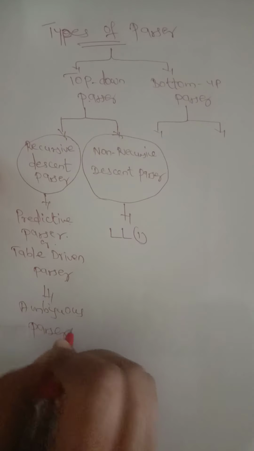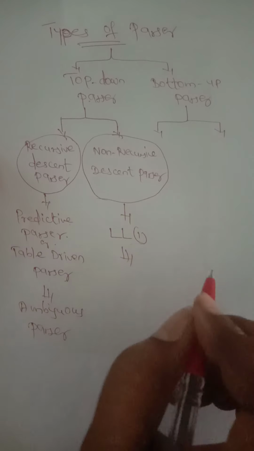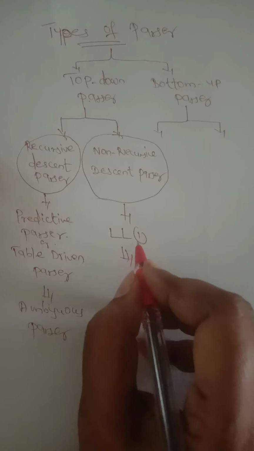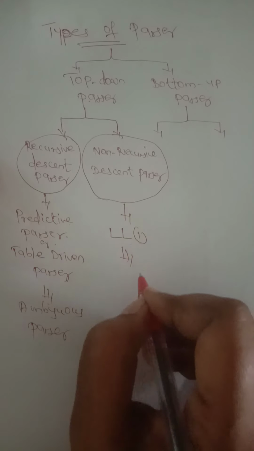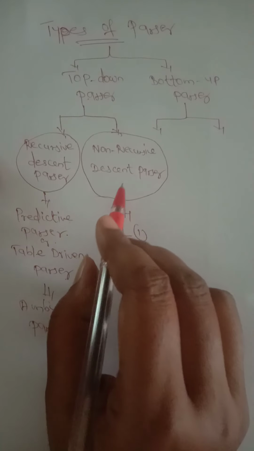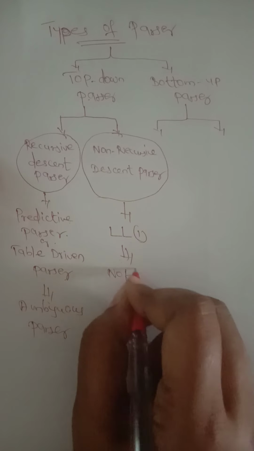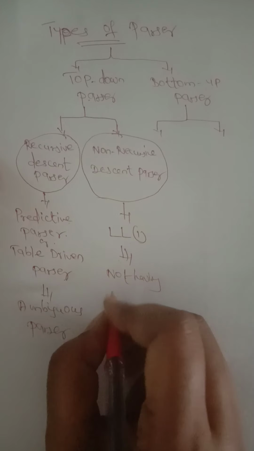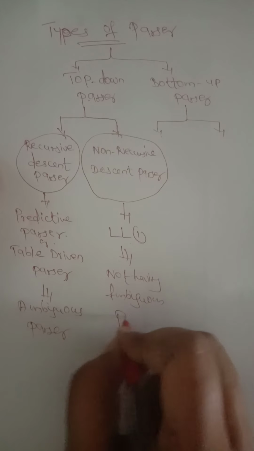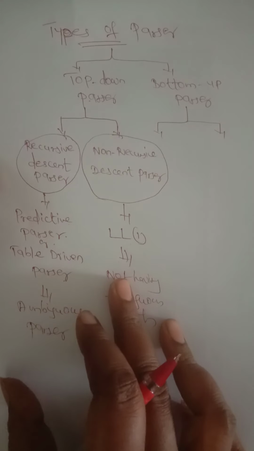But in LL(1) we do not have more than one way. We have only one way to check whether the user program is correct or wrong. So this is called non-recursive, and here we do not have an ambiguous path. So this is the intro about the top-down parser.